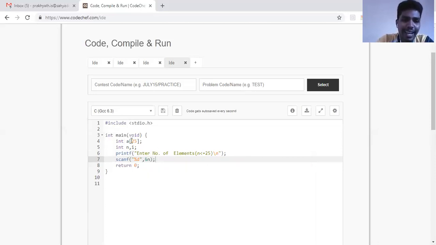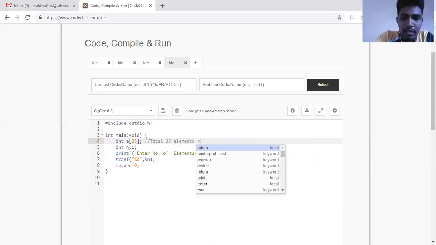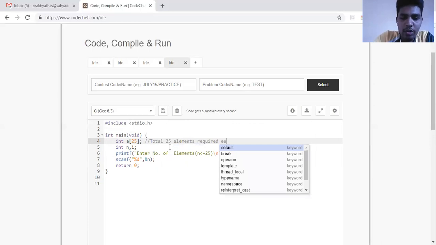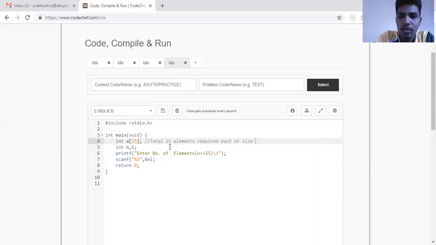This is how we actually do an array program. First, we should declare what size we want. So what we are telling my computer: total 25 elements required, each of size 2 bytes.